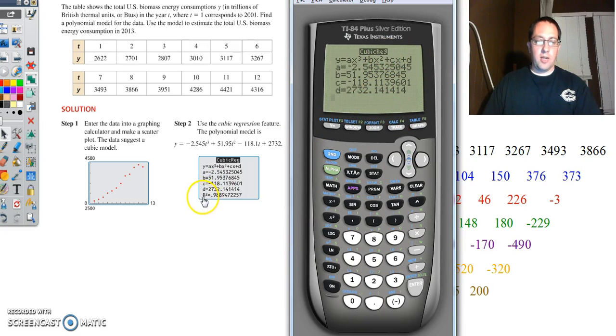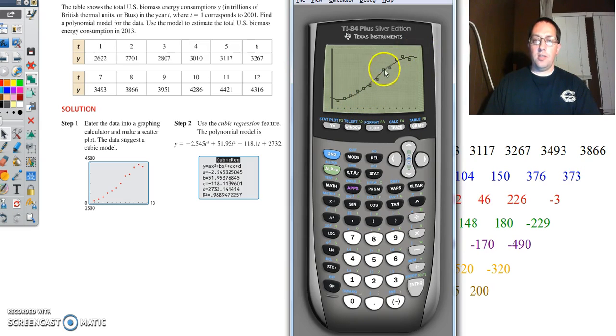If yours happens to have the R squared, you notice it is very close to 1.988. So this is a very good approximation. All right. Now, what we're going to do with this, the reason we did that Y var stuff, if you hit your Y equals, you'll see there's your equation right there in your Y equals, and you didn't have to type it in, you didn't have to round it off. It's got all 10 decimal places, and so it's good. So now when we hit our graph, we can see,